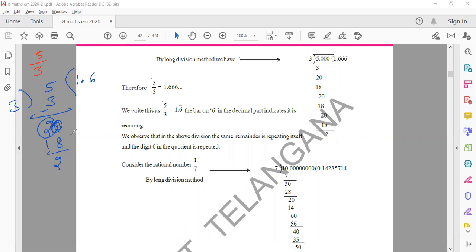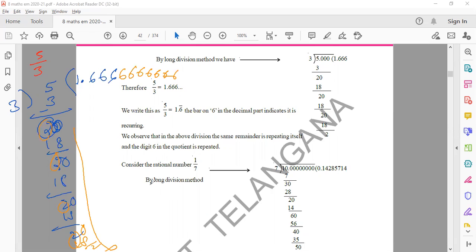Again the point is there, you write 0. 2 6s are again 18. Again you got 2. Again 0, again 6, 18, you got 2. Every time you see that the remainder you are getting is 2. If you continue, again 0 will come, again 6, again 18, again 2 is there. Keep on doing it for 1 year also, the answer will not end. The answer keeps going on: 6 6 6 6.